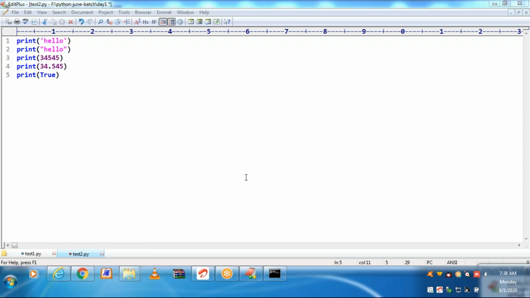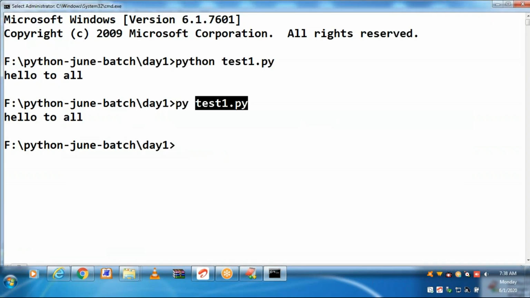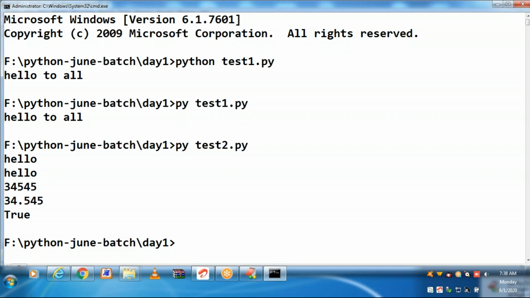Try to save as test2.py. After saving this file, try to run straight away by using the py command.